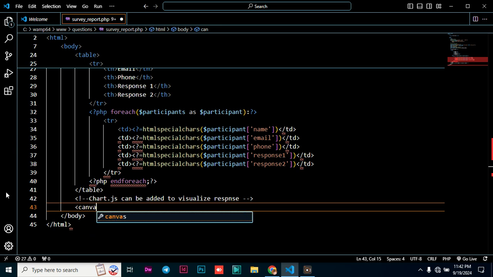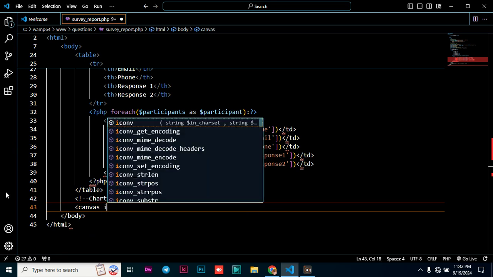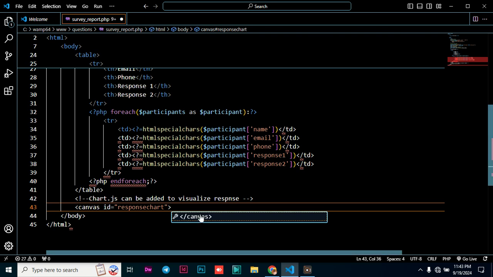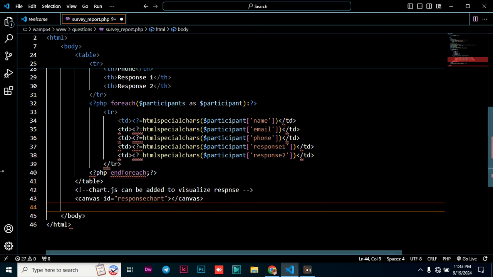So just say canvas. Canvas ID is equal to, give it an ID name. That is a response chart. So give it a response chart, and then you just close that, and then you just close the canvas. Then you go down again to the next part. You just say script